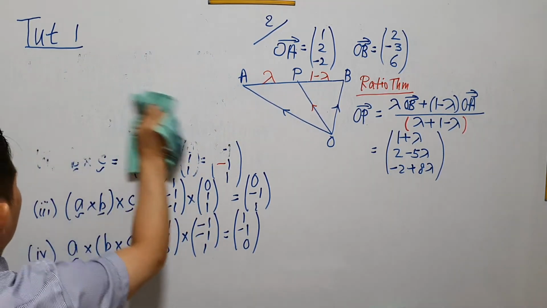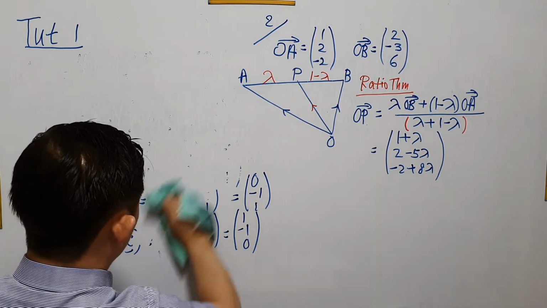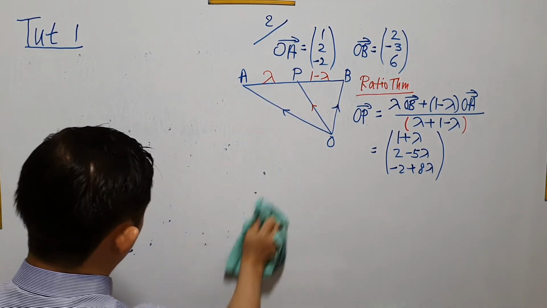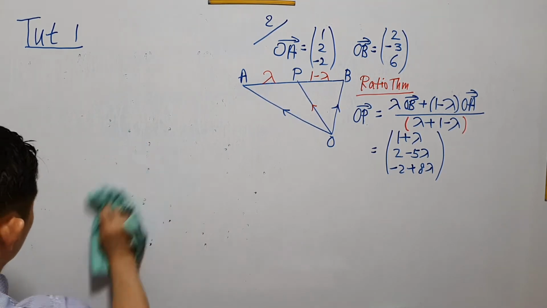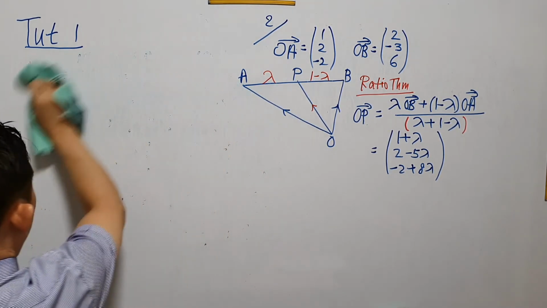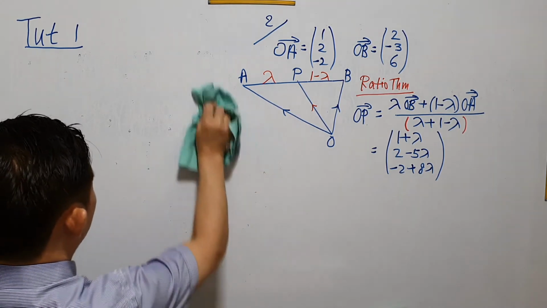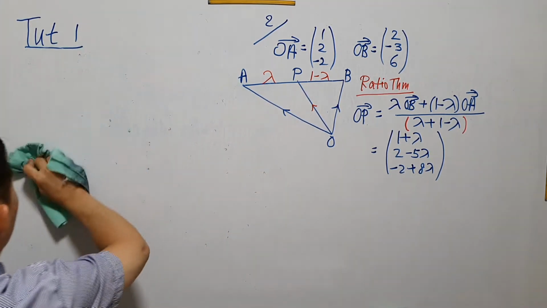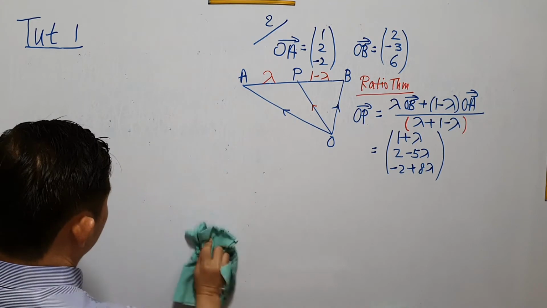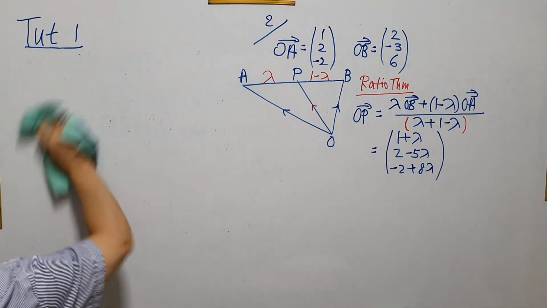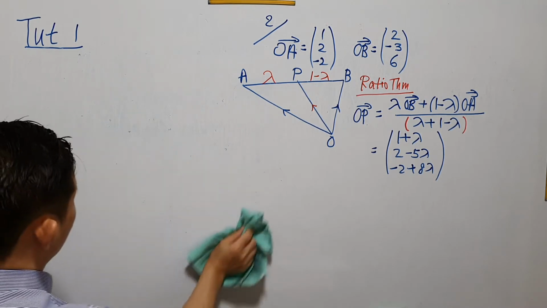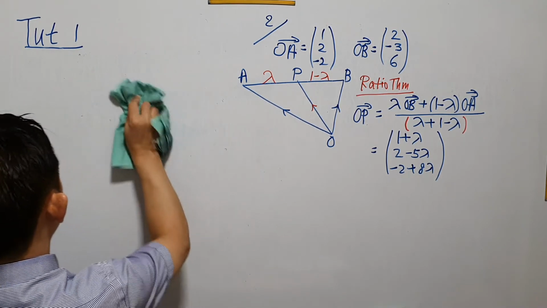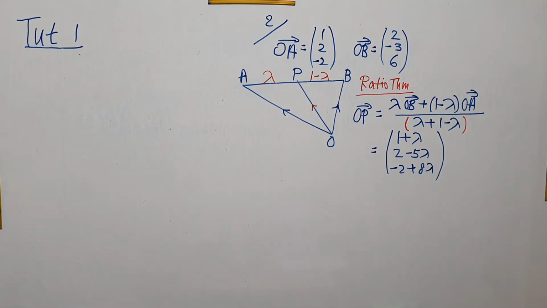If OP is perpendicular to AB, we learn that if two vectors are perpendicular, there is a nice result that we know from dot product. Do you remember what that is? Earlier on, we did a comparison between dot and cross product, and I also highlighted that when two vectors are perpendicular,